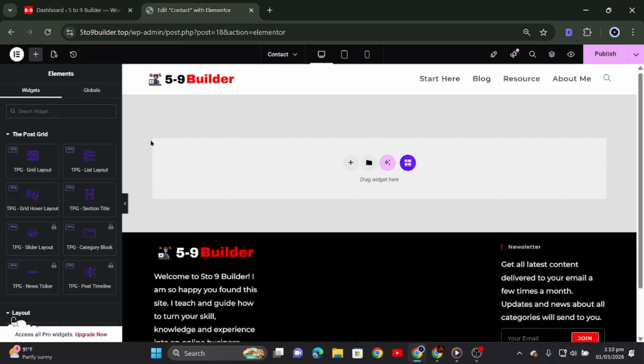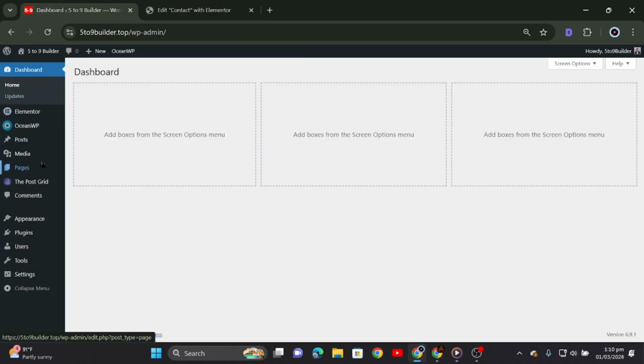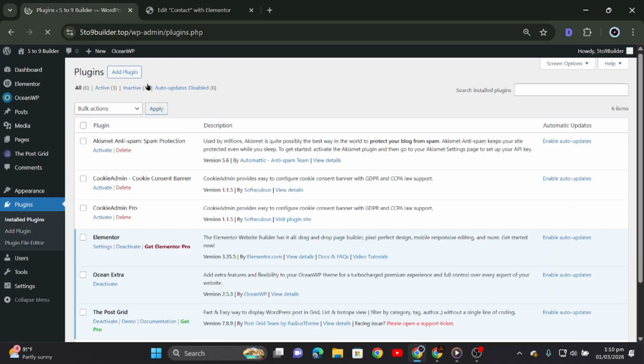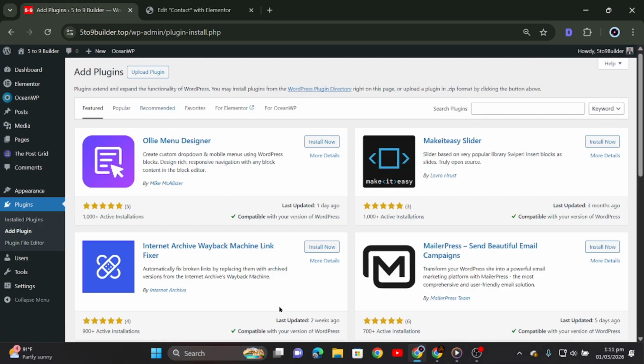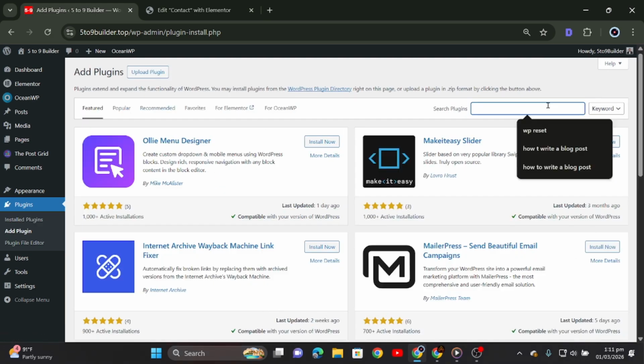So when you come to this page, we are going to design this page to make it more pleasing to visitors. Before we can design this page, we need to install some plugins that will help us to design the page. So we go back to dashboard, then we go to plugins, then we do add plugins. Now when you come to add plugins, we are going to install a plugin called